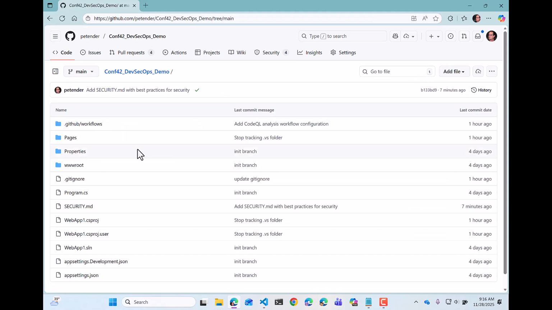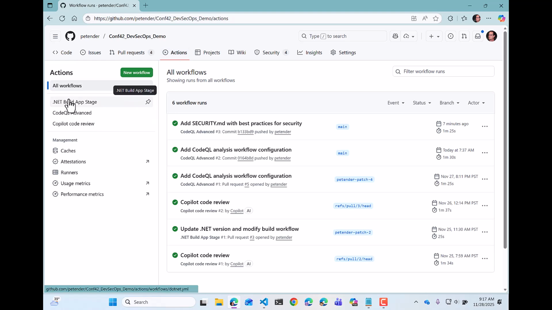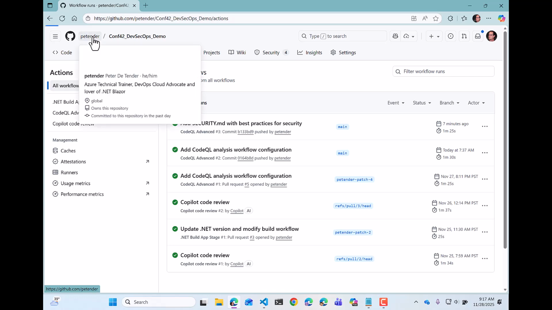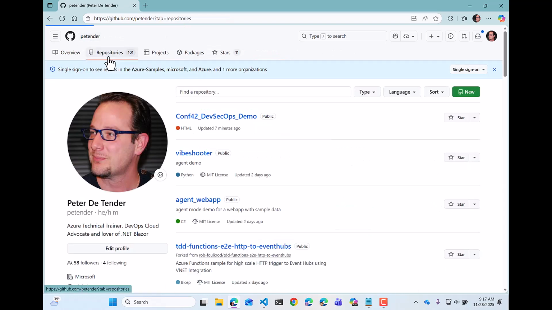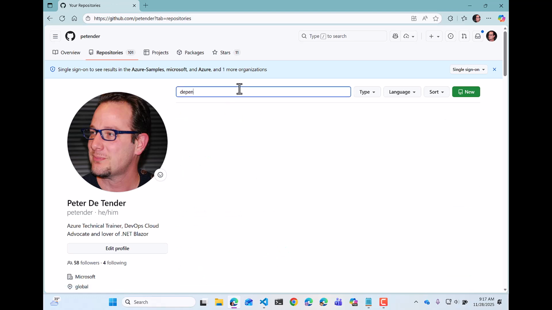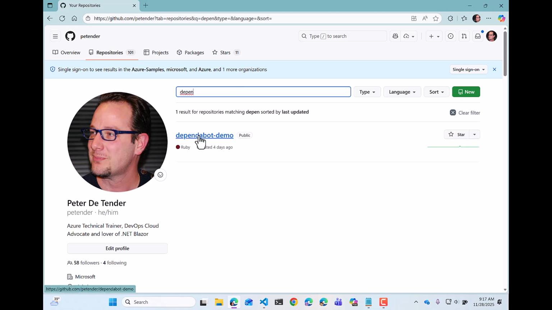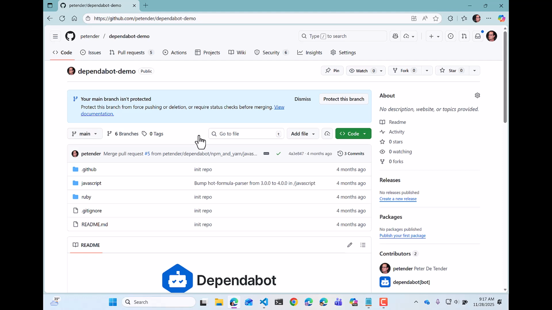I'm not going to walk you through all options because we don't really have the time for that. But what happens from here if you enable? It's going to trigger a scanning where for now we don't see the outcome yet, but that's where I can switch to another demo repo. And again, it's a public one, so feel free to have a look into it. It's called Dependabot demo. I enabled just the exact same settings a couple of days ago, as you can see,